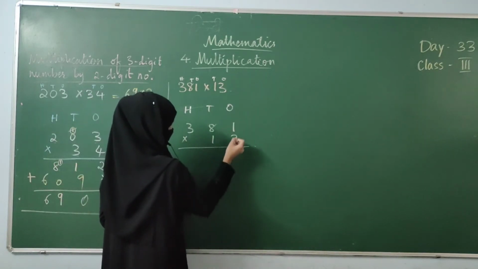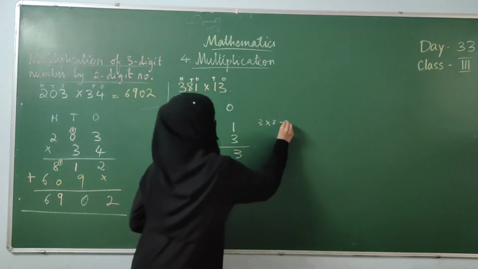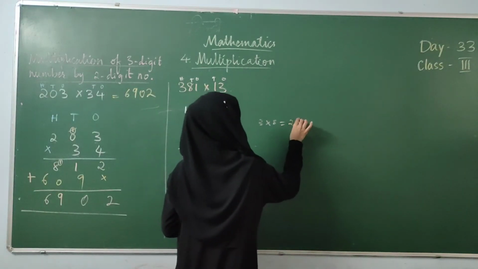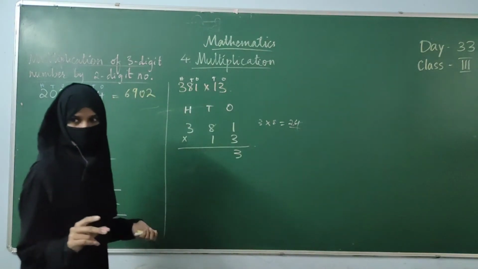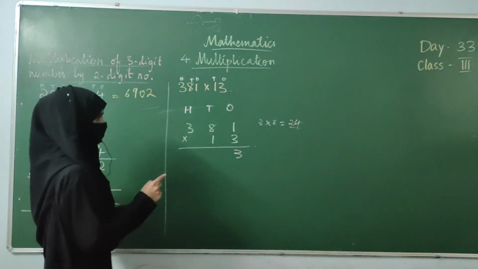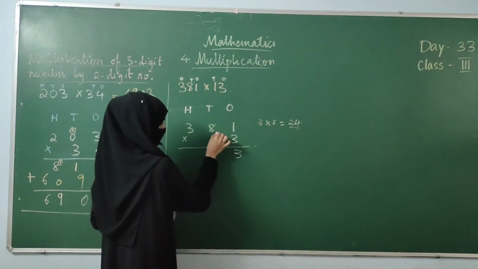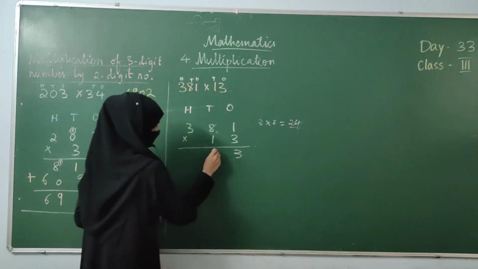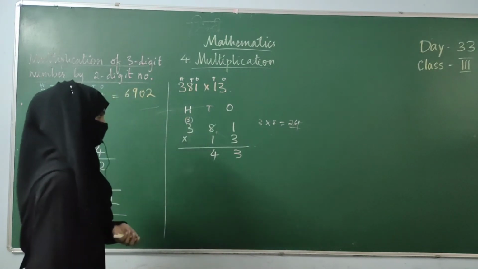Multiplying 3 with all the numbers. 3 ones are 3. 3 eights are, bigger number now. You won't remember the tables, so that's why learn the tables. 3 eights are 24. Now 24 is a 2-digit number, so we are going to do a carrying over here. 4 we will write down and 2 we will carry. So this 3 we multiplied with 8, we are getting 24. When you are writing carry, carry will go into the hundreds place. 4 will come down here. 2 carry will be here. Okay, 3 eights are 24.